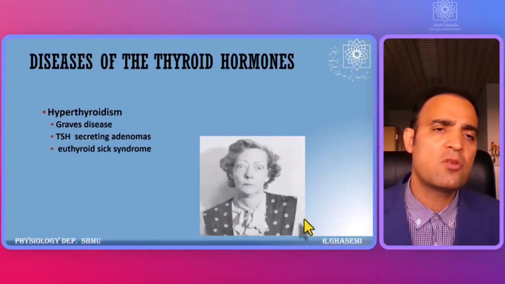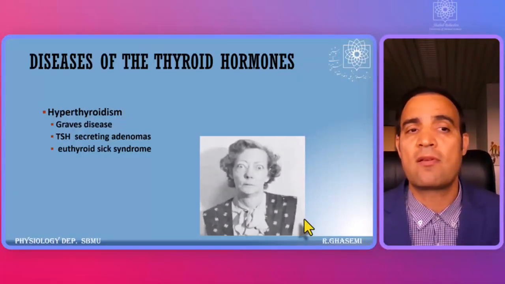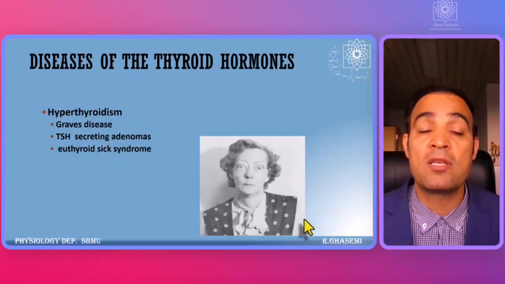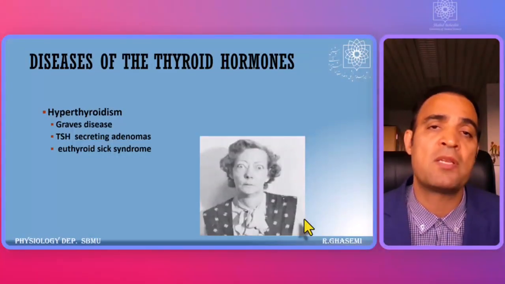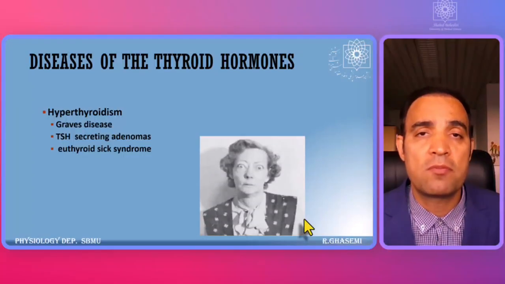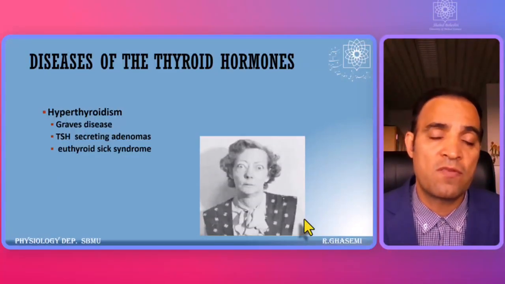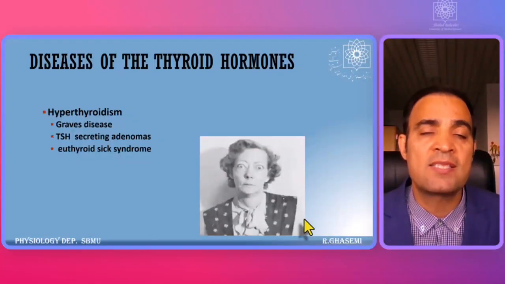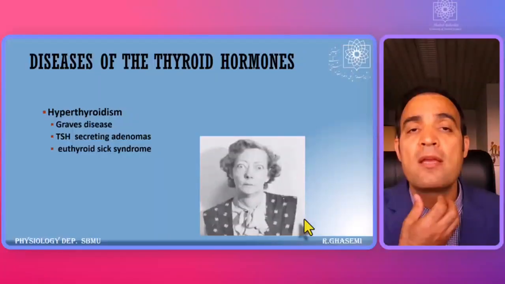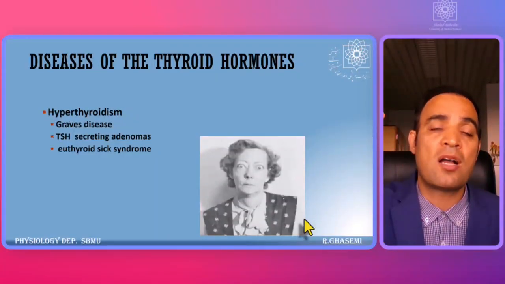On the other hand, I told you about hyperthyroidism, the situations where, for example, TSH secretion is abnormally increased, for example, in the adenomas, or because of the autoimmune disease, the inflammatory cytokines stimulate the thyroid gland, and in this situation again may increase the size of thyroid gland, but this time thyroid hormone is high,